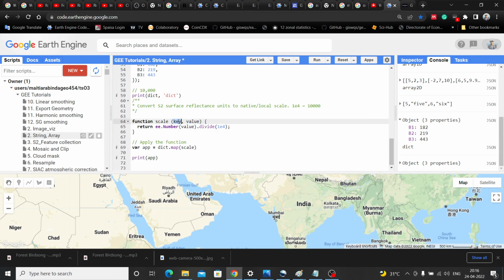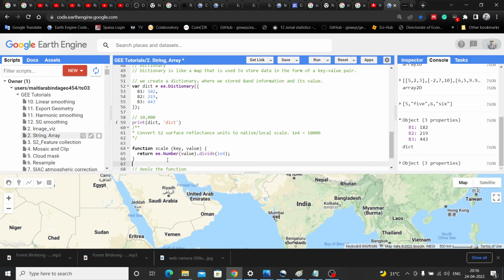You may use different names, and return the output value as ee.Number. This output will return the band value divided by 10,000.